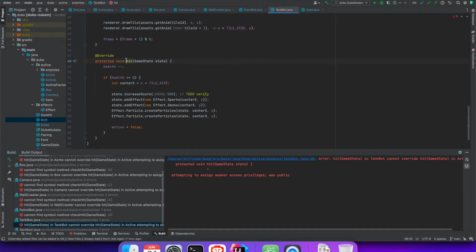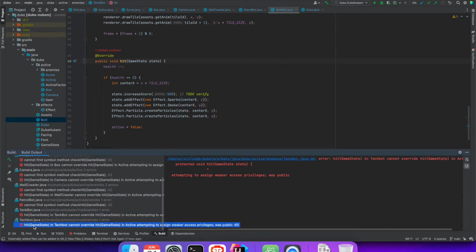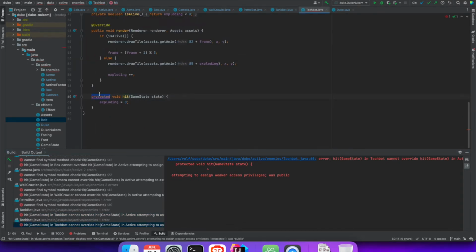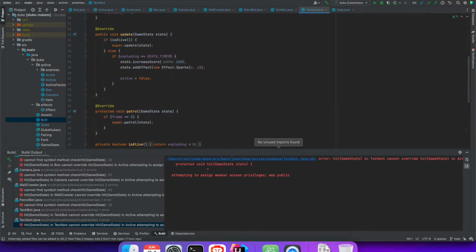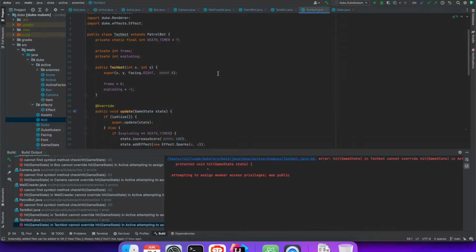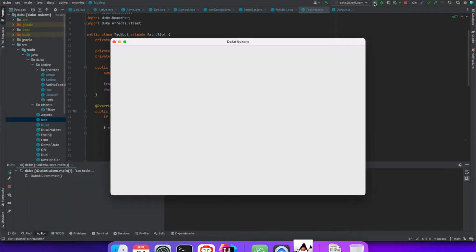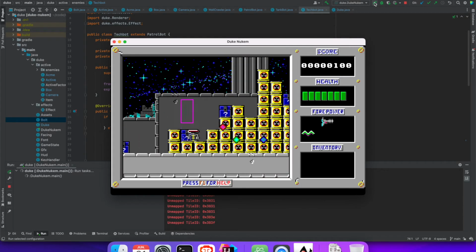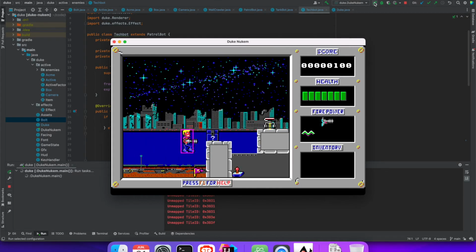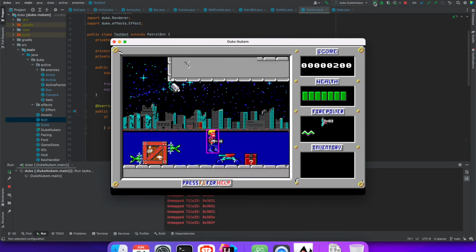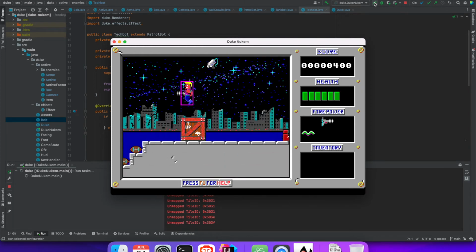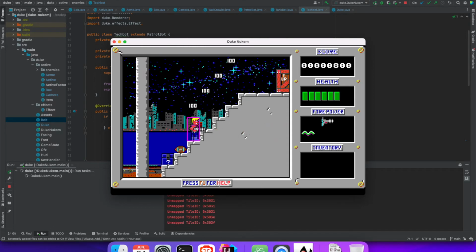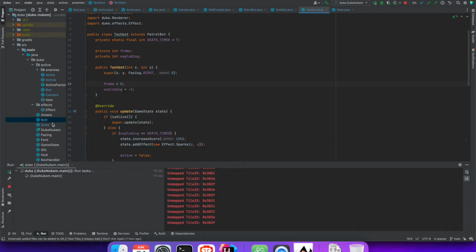A tank bot, public hit, and the tech bot should also make this public. And since it extends the patrol bot, we don't need to do that. Okay, so all right, the last thing we need to do is change the order in which we update our entities, and we're going straight through the wall. So that means that we still have an